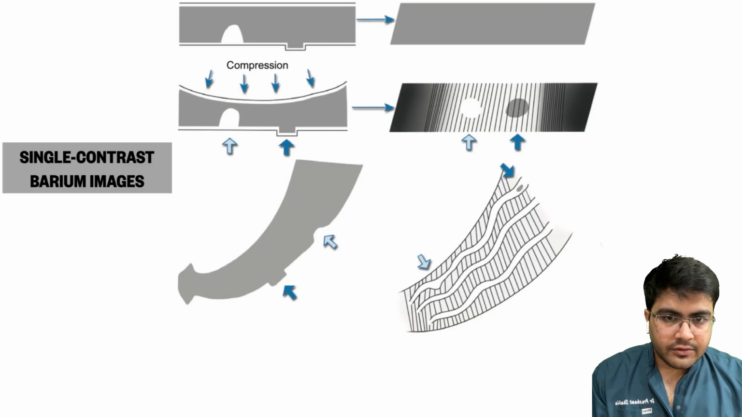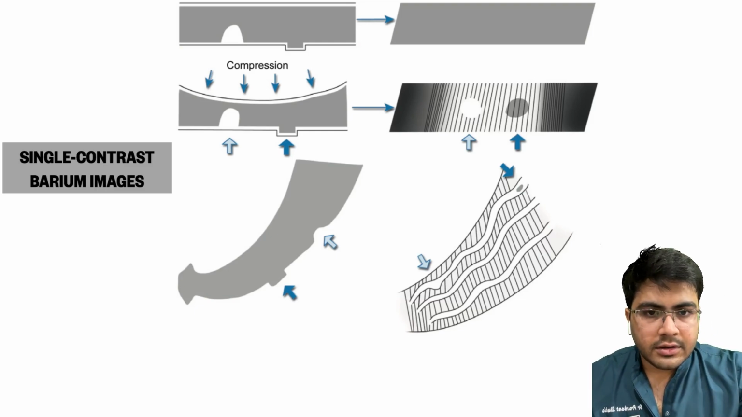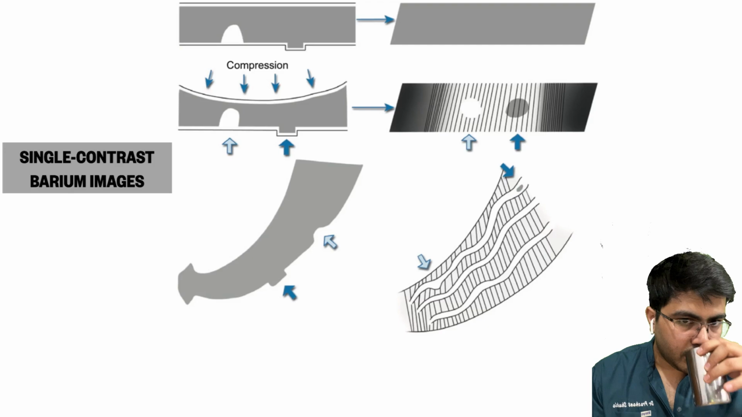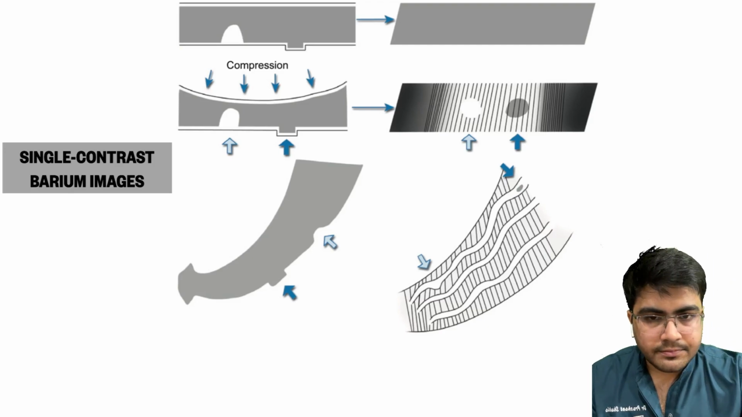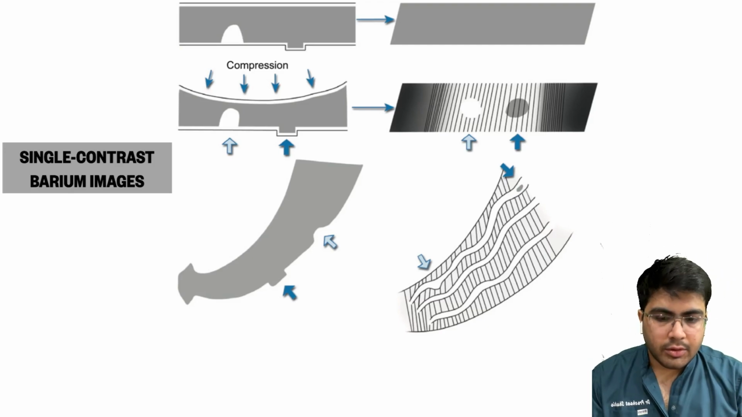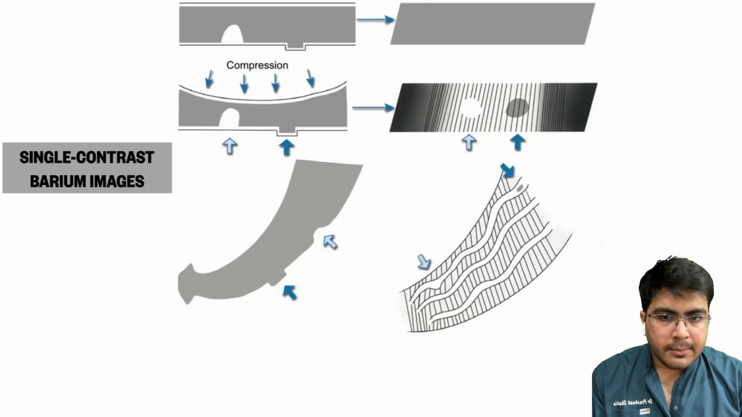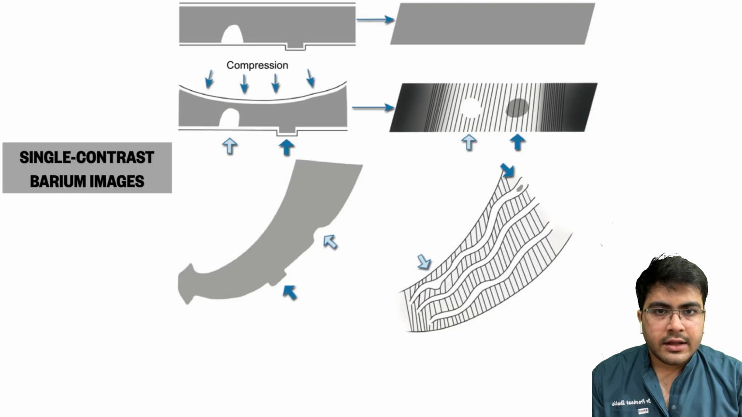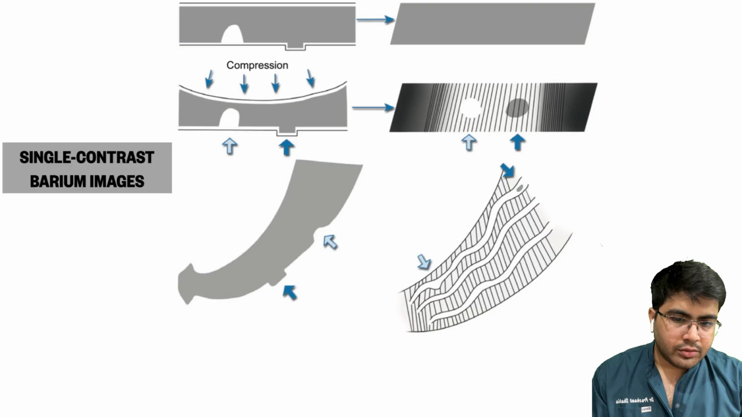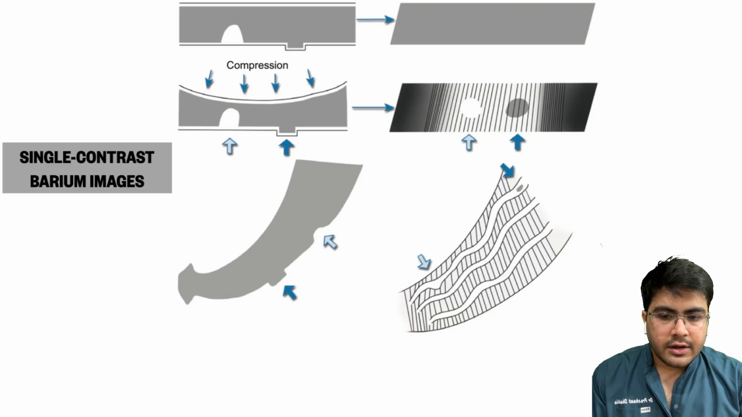So after we have read about the plain abdominal x-rays, we need to understand about the barium images also. So there are two types of barium images. One is the single contrast and next is the double contrast. Okay, so the first thing I want to stress upon is the effect of compression for a single